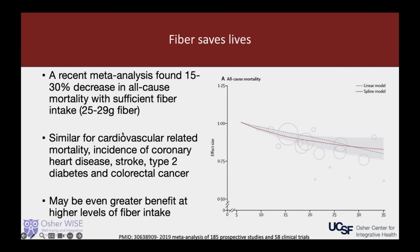So what happens when you look at fiber consumption and how it relates to all-cause mortality? Essentially, this meta-analysis, a review of 185 prospective studies and 58 clinical trials, found a 15 to 30% decrease in all-cause mortality with sufficient fiber intake. So those who were actually consuming adequate amounts of fiber had a 15 to 30% decrease in all-cause mortality. And there was a similar trend for cardiovascular-related mortality, coronary heart disease, stroke, type 2 diabetes, and